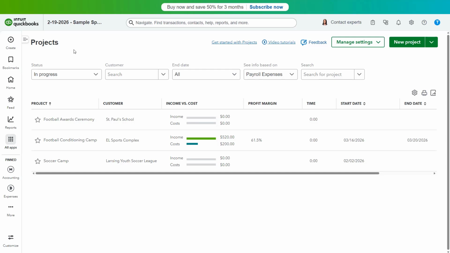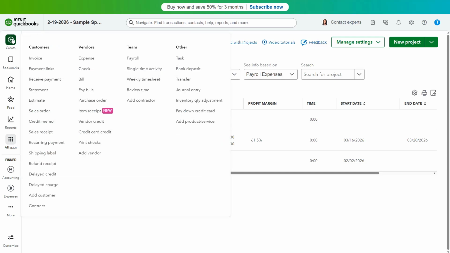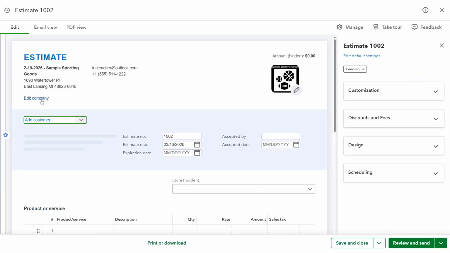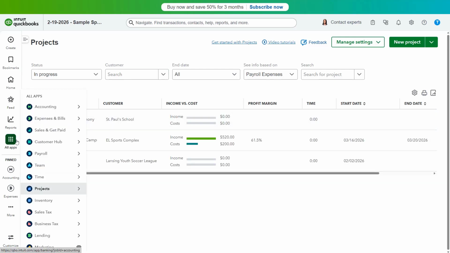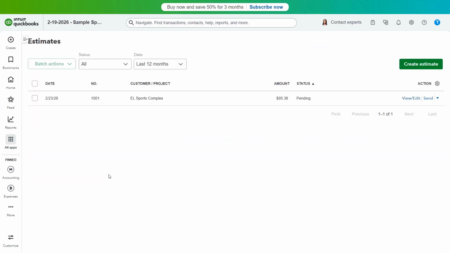To create an estimate in QuickBooks Online, hover over the Create button in the navigation bar, and then click the Estimate link under the Customer heading in the menu to open the estimate window. Alternatively, click the Estimates link under the Customer Hub app in the All Apps bar to open the Estimates page